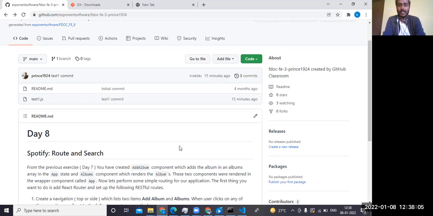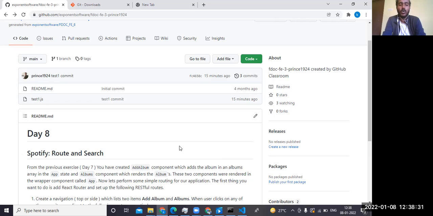So consider there are two team members named Prince and Aditya. Prince has been allocated the sign in functionality. I think everyone knows the sign in, where you just give the username and password and sign in. And Aditya has been allocated the sign up work, where the user signs up if the user has not registered on that particular website.